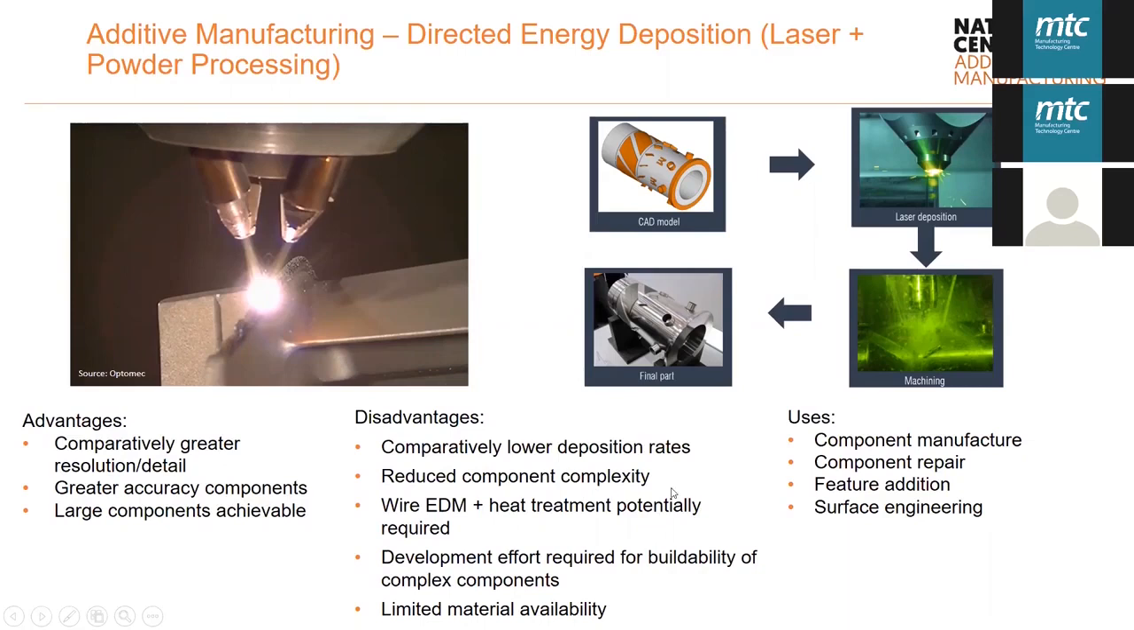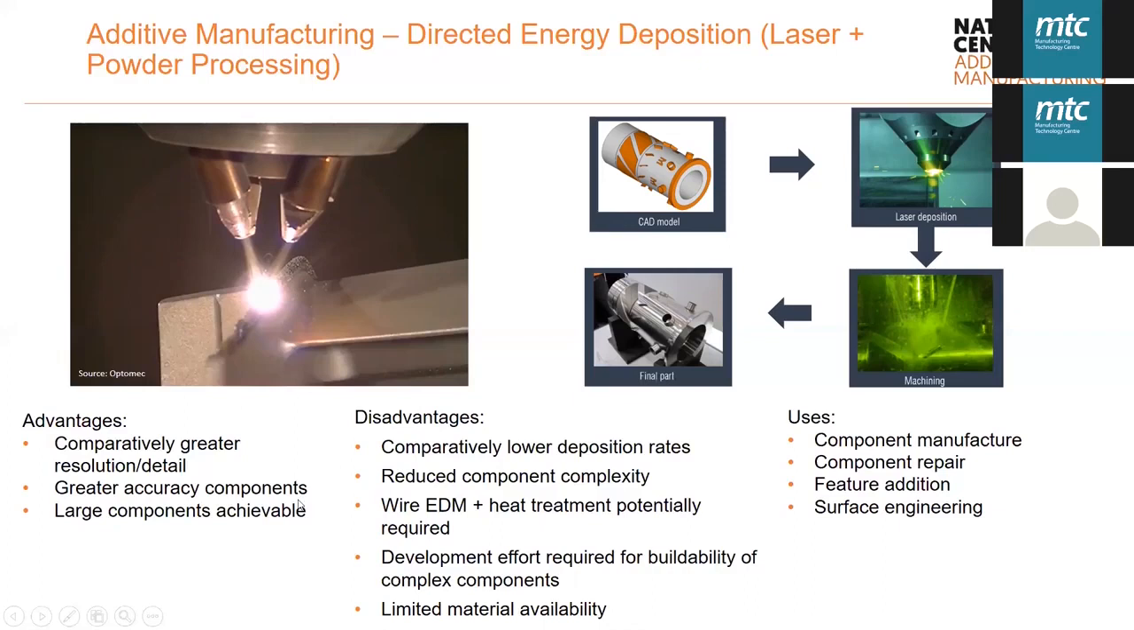Touching on this point here, a lot of development effort and optimization is required to build complex components. This is just because there are some trials that need to be done when you want to start working with multiple axes, not just planar deposition. The part will have to be machined off the base plate and potentially heat treated before that as well. Again, you've got quite a large gradient of temperature going through there, so it really depends on what your processing procedure is like, and also limited material availability, so some of the reactive materials might not really be best suited